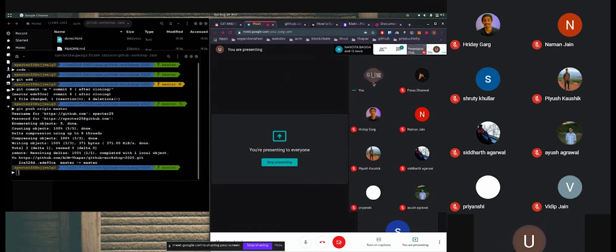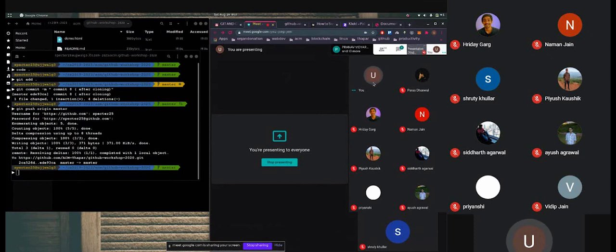Actually, Paras is asking why we should not use the Git GUI. First of all, as developers, you should be friendly with the command line. You should avoid using any GUI instances, because most of the software that you will use in the future will not have GUI interfaces. So be comfortable with the command line as much as possible.